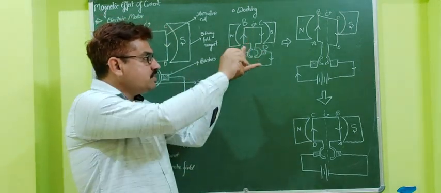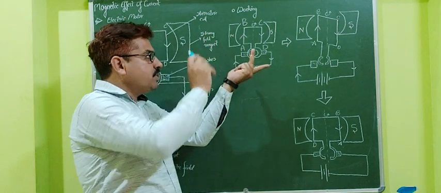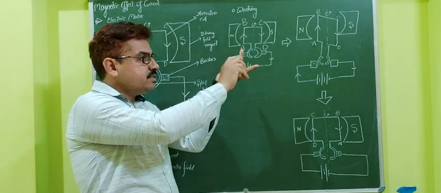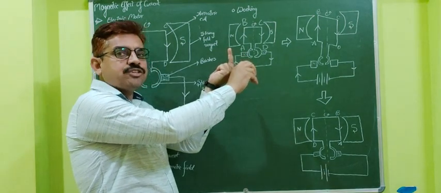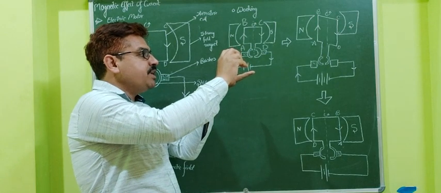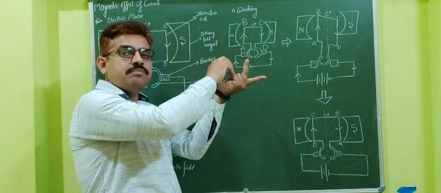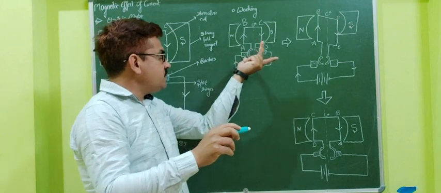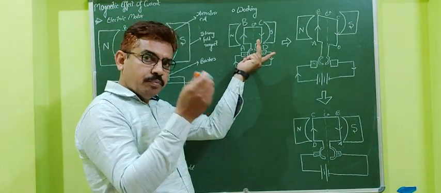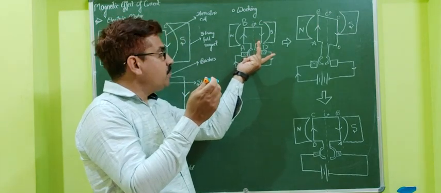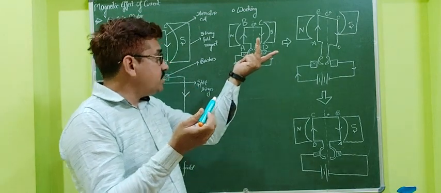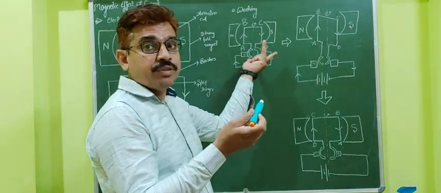See my fingers and also the diagram. This is the direction of current and this is the direction of the magnetic field, from north to south, and the current is from A to B. So the thumb gives the direction of force. That is into the plane of the paper, into the board. The force is going into the board, that is, away from the reader.